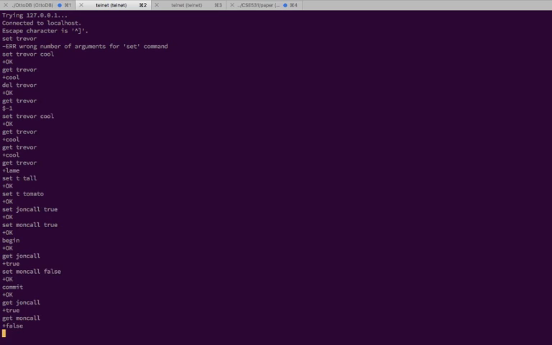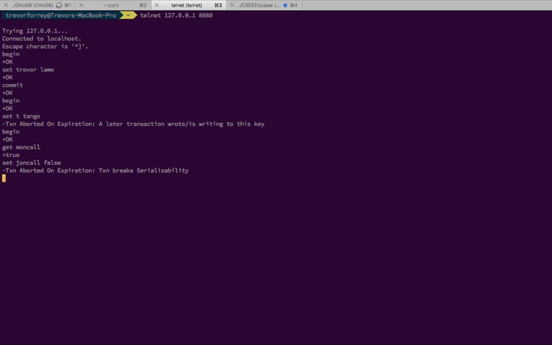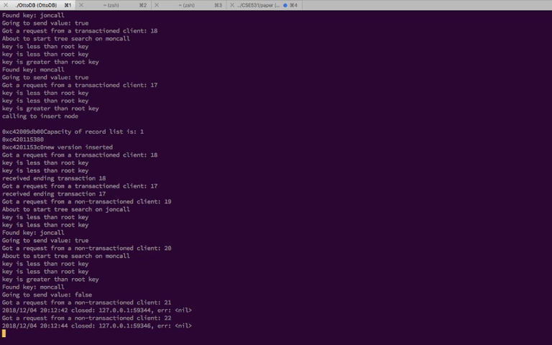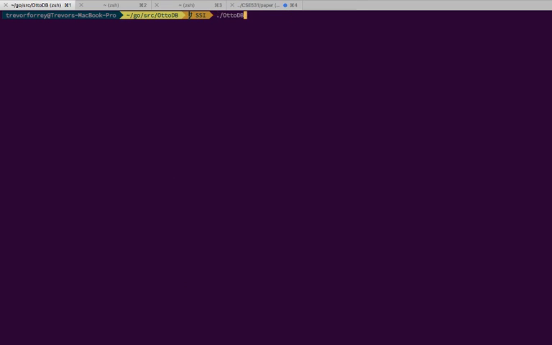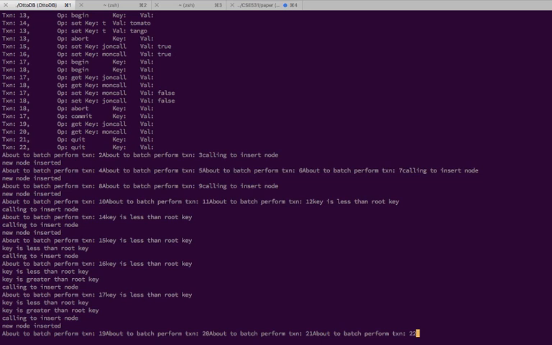So that's pretty much all I have to demo for the transactional side of things. Now, to show the restart, bringing the database back up into the state it was in before, I'll quit my connections, I'll kill